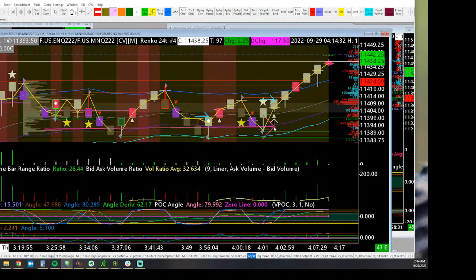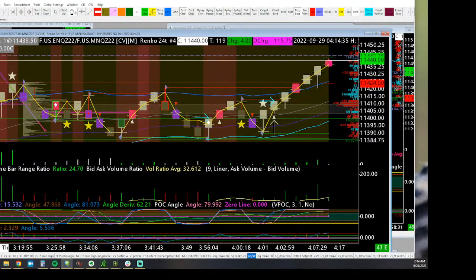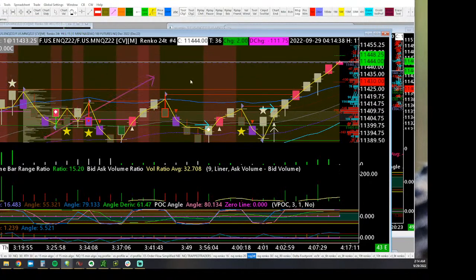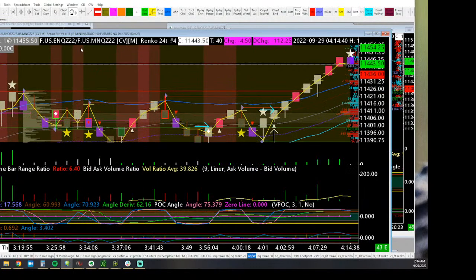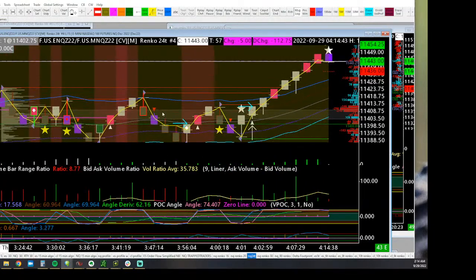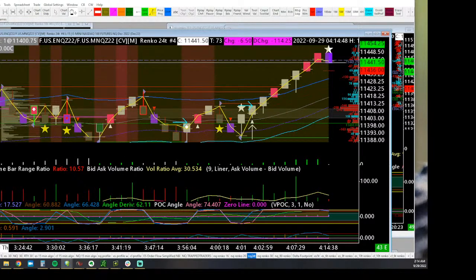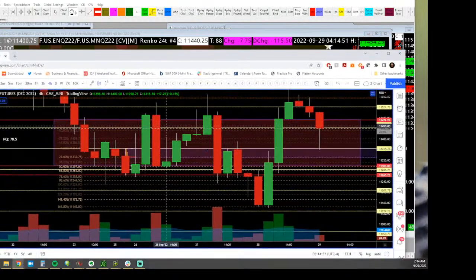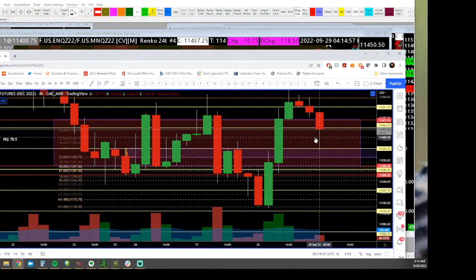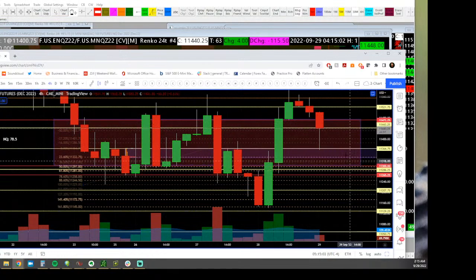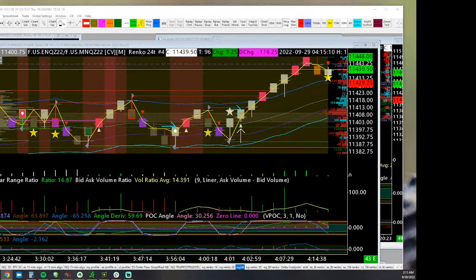sellers are failing to take this level, so therefore it's going to continue to be bullish, just like it has been. Rather than thinking that, I got stuck on we're going sideways, right, and thinking they're just going to chop here forever. But what I forgot was that chop here forever is totally tradable because that tiny little area is not where we have to stay. We can actually chop in this whole zone that's red or pink or whatever. You can chop that whole zone. We've seen it a lot, right? So even though choppy is likely still,